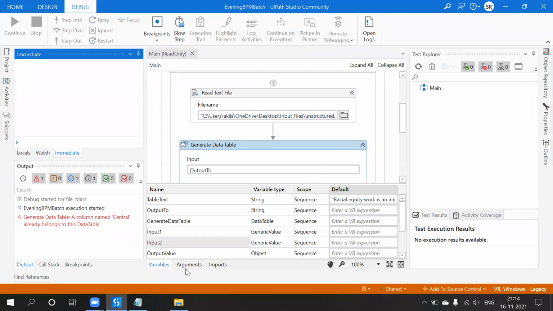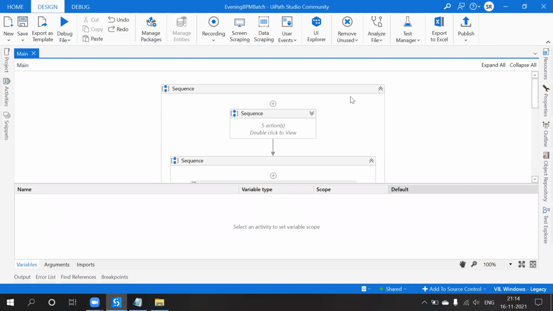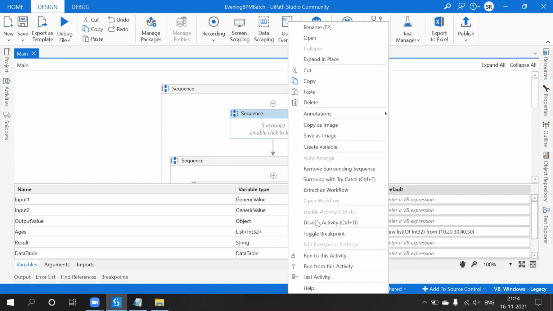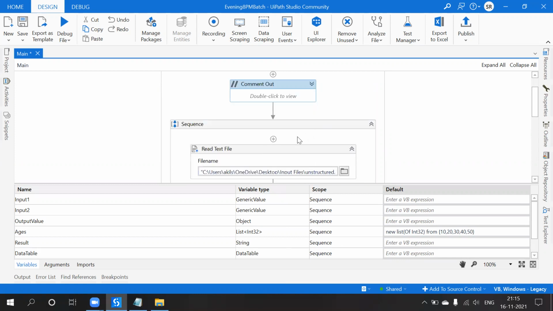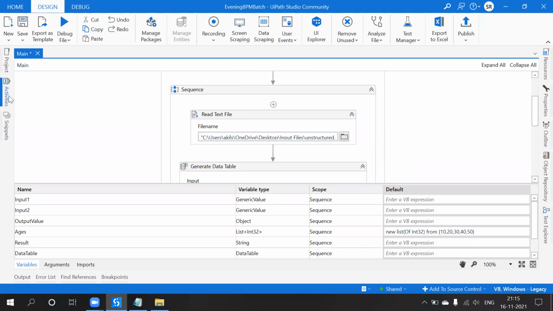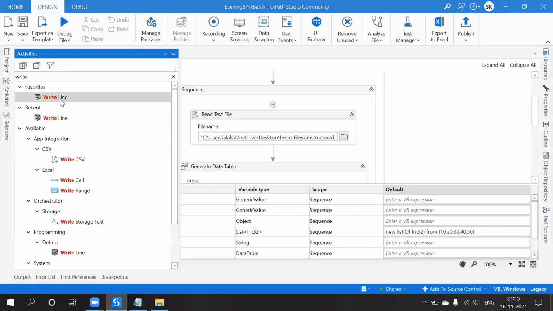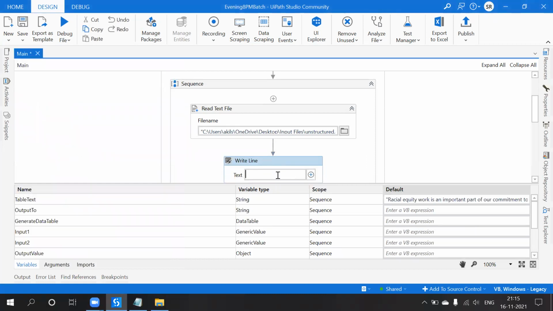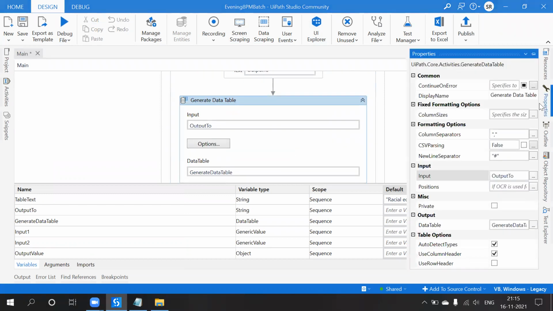Column name central. So new line separator, we do not have any.